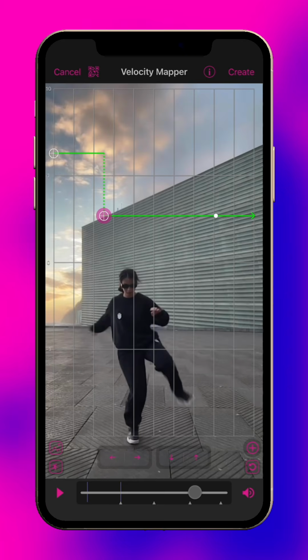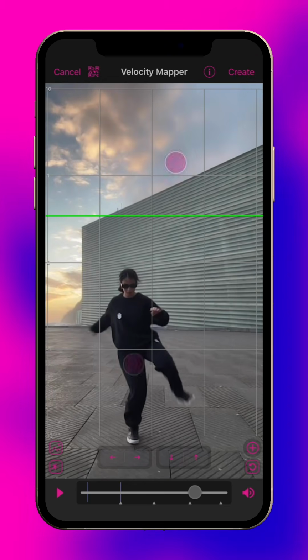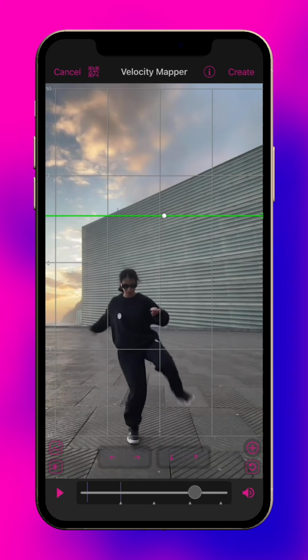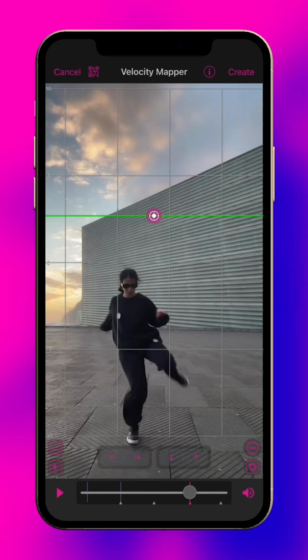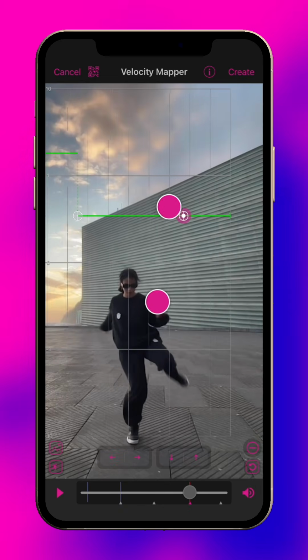A few pro tips. Tap left or right on the timeline to move frame by frame. And for a closer look at the velocity, pinch with your fingers to zoom into the graph, then drag left or right. Now add another keyframe. Use the horizontal nudge arrows to line the keyframe up to the beat marker.